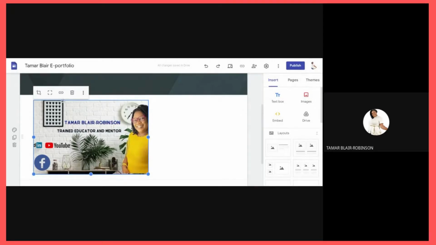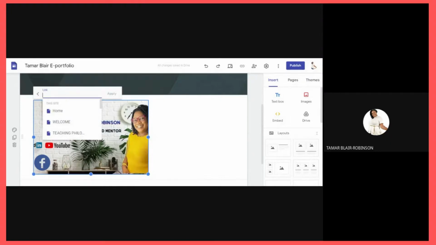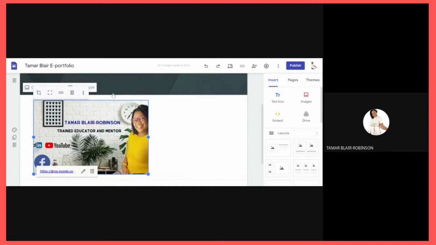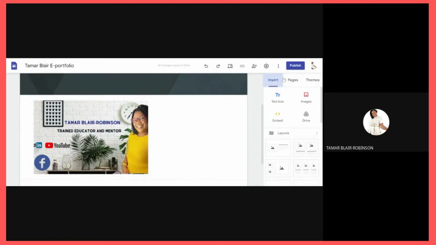So I click on the photo. The hyperlinks icon is right here. Click onto it. Paste the link that you have copied there and click apply. Good. So once you click onto this, if you're in preview mode, you'll go straight into the document itself. So that's one way how you can hyperlink. The other way is by using button. Let us try that. Insert,